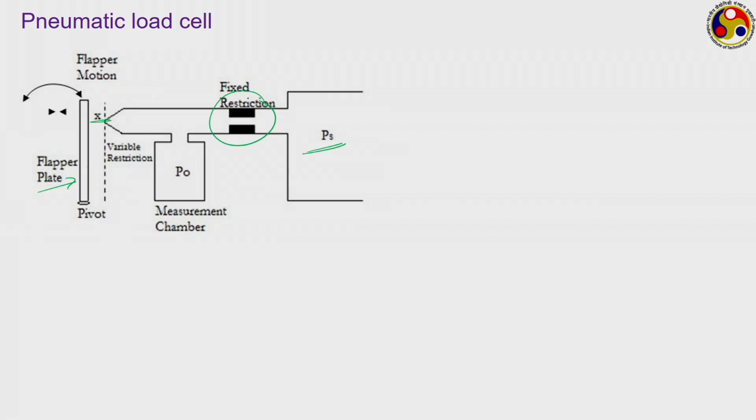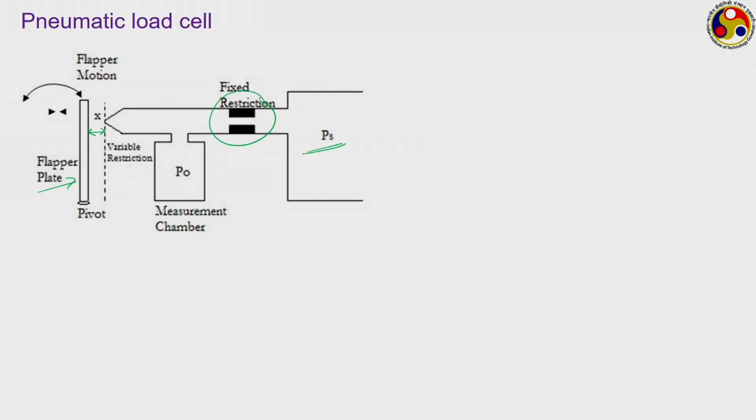So, whenever there is some force applied on the flapper plate, the flapper moves, thereby changing this opening. This x refers to the distance of the flapper to this nozzle opening, and so on application of the force the value of x changes, thereby modifying the delivery pressure, and